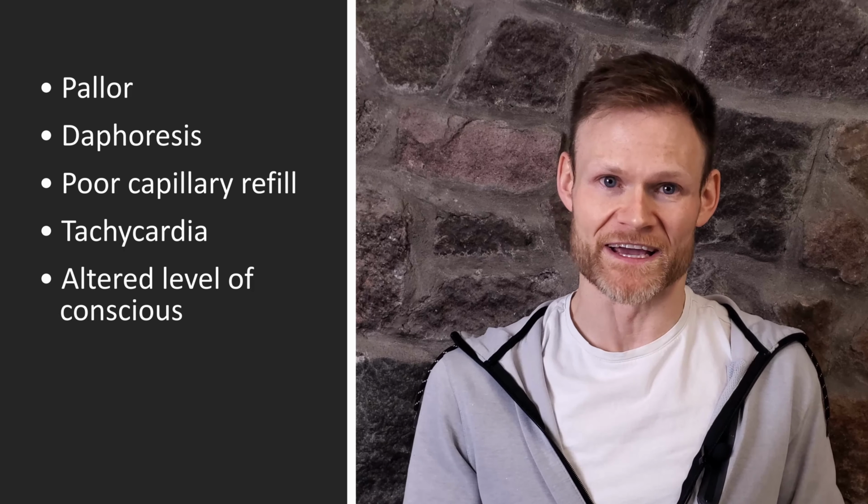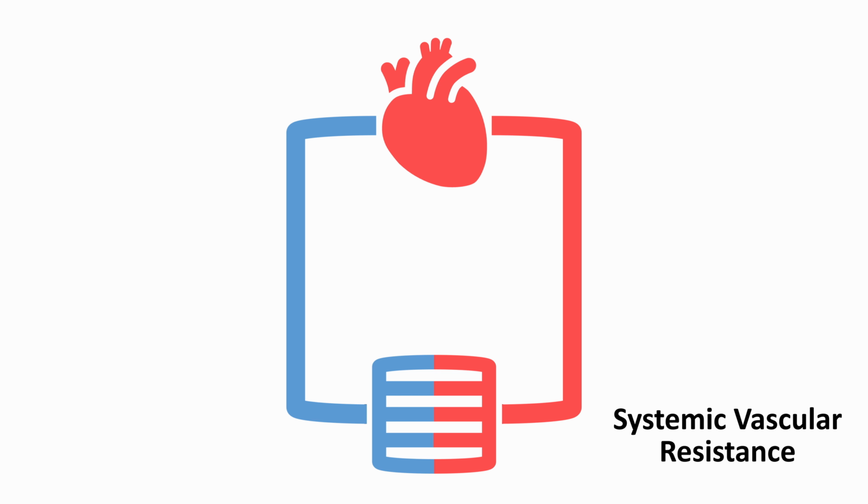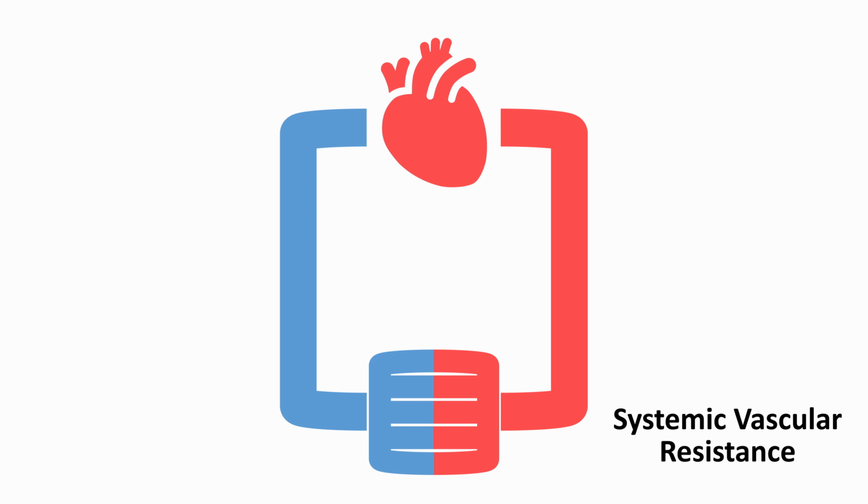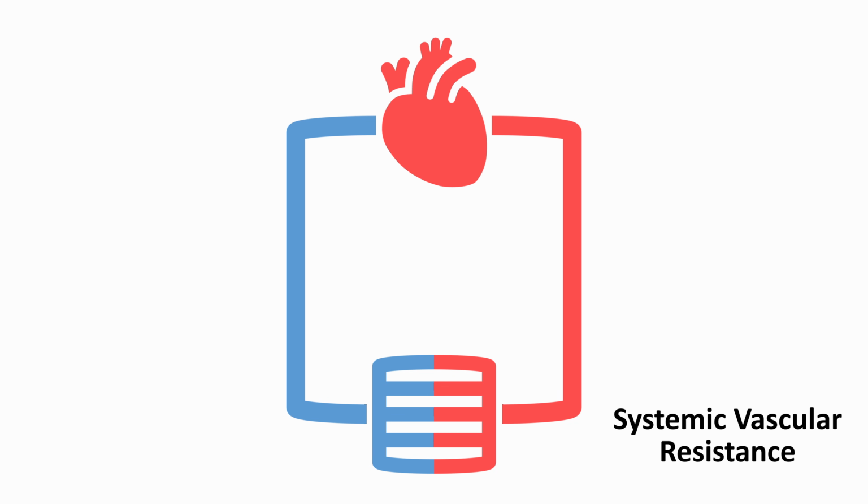Systemic vascular resistance is the resistance that blood encounters as it flows through the blood vessels. It's mostly determined by how contracted or relaxed those vessels are. For example, if the vessels are constricted and squeezing down tight, it might take a lot of force to get blood to fit through, so the resistance will be high. On the other hand, if blood vessels are relaxed and dilated, blood can flow through there no problem, so the resistance will be low. A healthy vascular system lives somewhere in the middle, with resistance that is just sort of